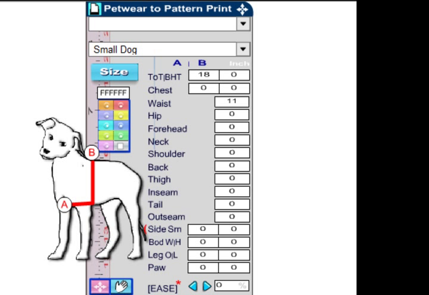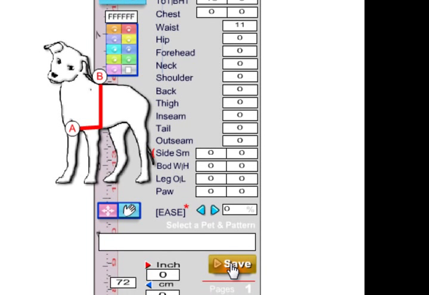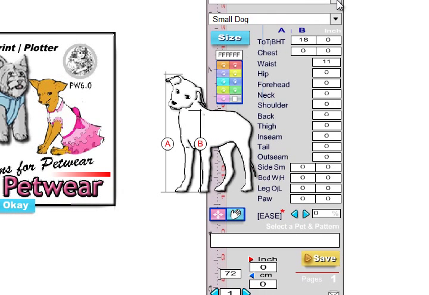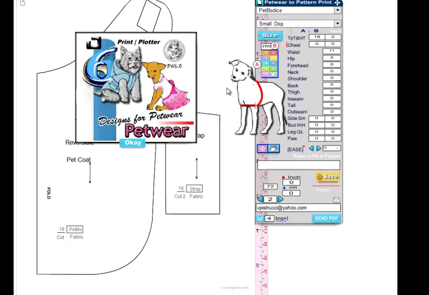Now when you've put in the measurements, you just select Save, and that will save the dog's measurements for you so that you can grade other patterns to this particular dog for the time that you have the software. So let's go ahead and open up one of the pattern pieces here. And I have a pet bodice that I've been working on, and we'll just load that in,